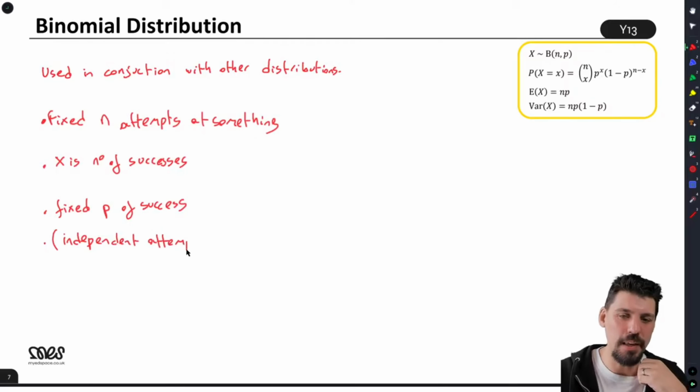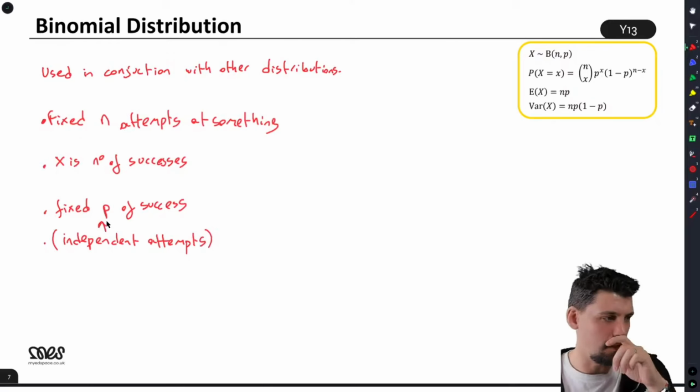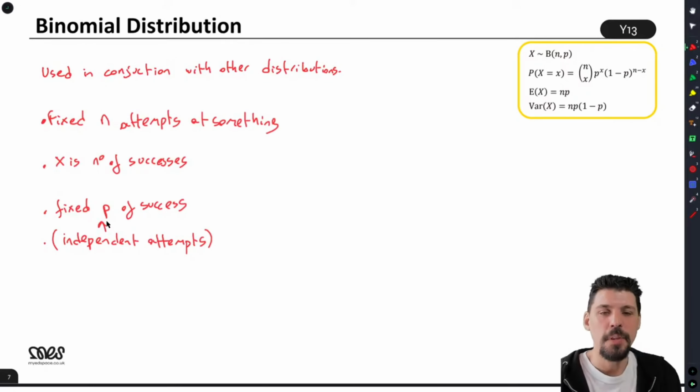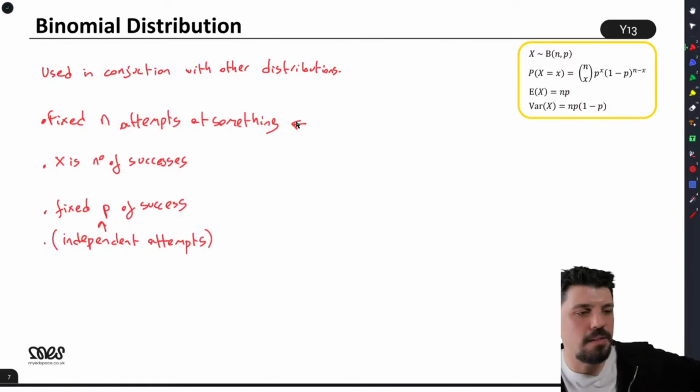And the little bonus one, but this is true of anything we do essentially: all the attempts have to be independent. That feeds into the idea that p doesn't change. The probability of success on your 10th attempt is the same as the probability of success on your second attempt, third attempt. The independence does that for us. But these are the ideas that we need to identify when a binomial is coming in. So what have we got here? The trials are independent, there must be a probability of success. Absolutely. So we're looking at a probability of success and a fixed number of attempts, and really the one that helps differentiate this is the fixed number of attempts.